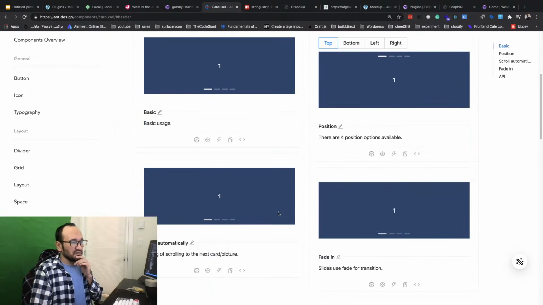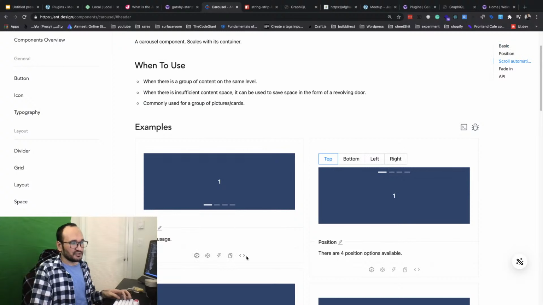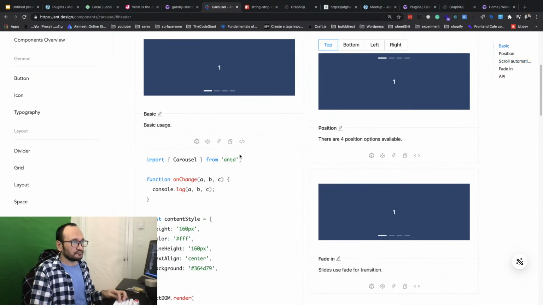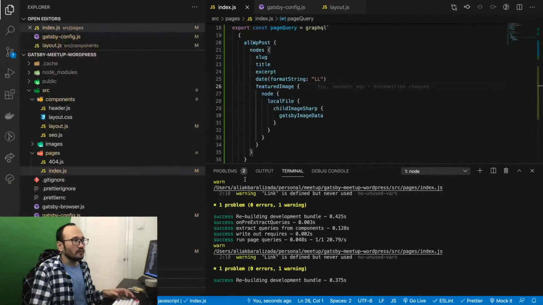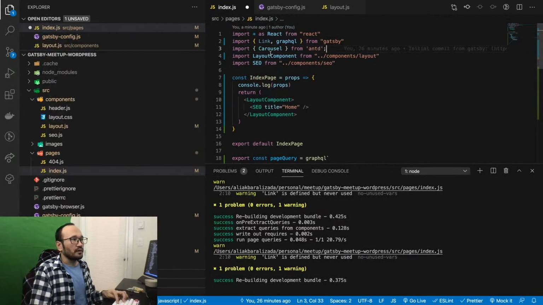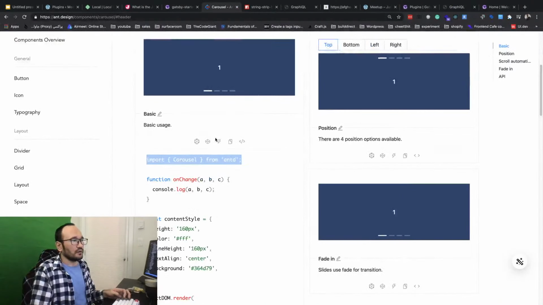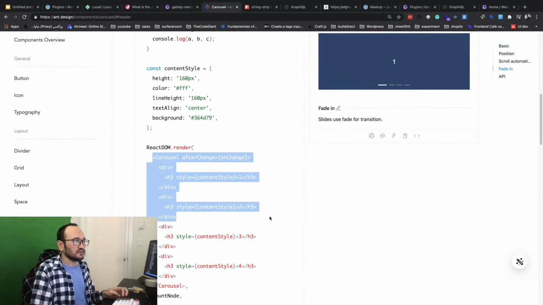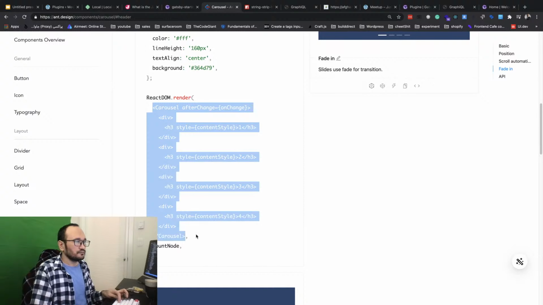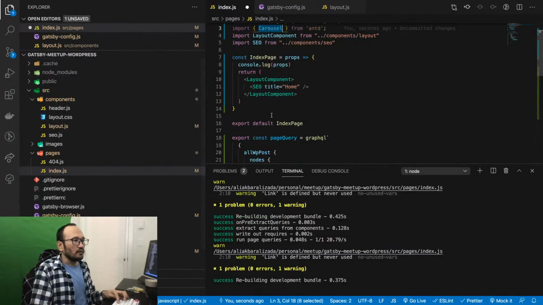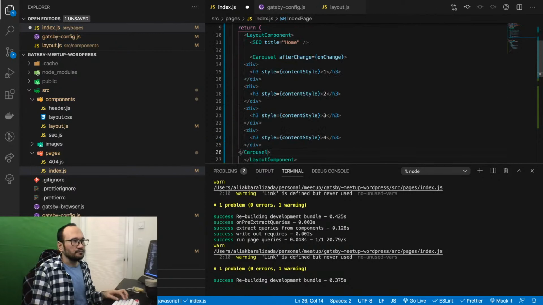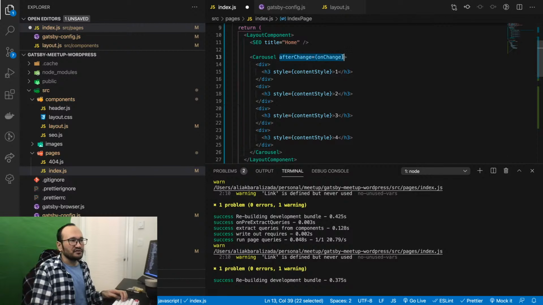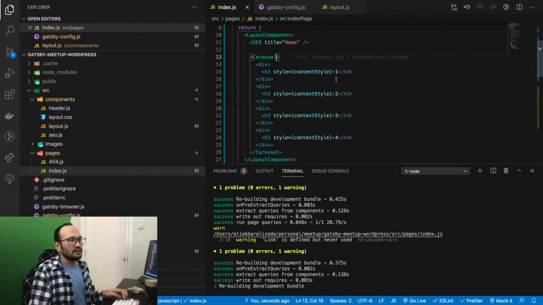I want to use just the basic one of it. So I'm copying the code that exists there, and I'm copying it here, and I'm gonna put it after my title, and I don't need the on after change, so it will work automatically.